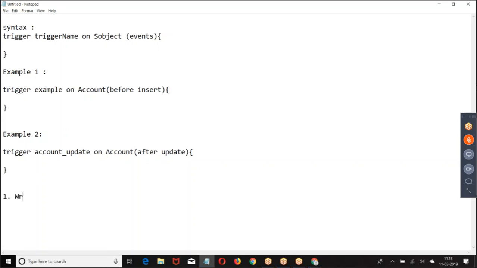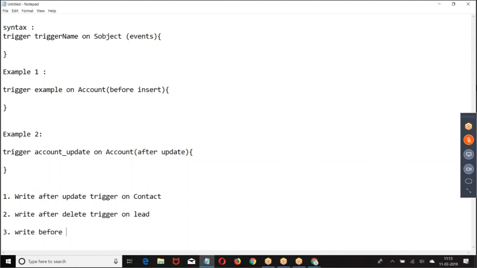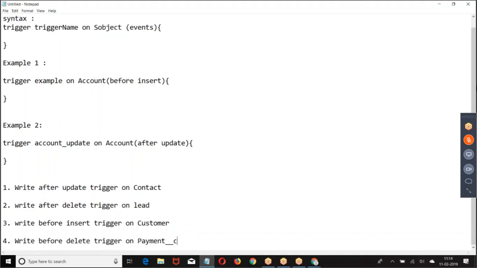So write the after update trigger on contact. These are custom objects.